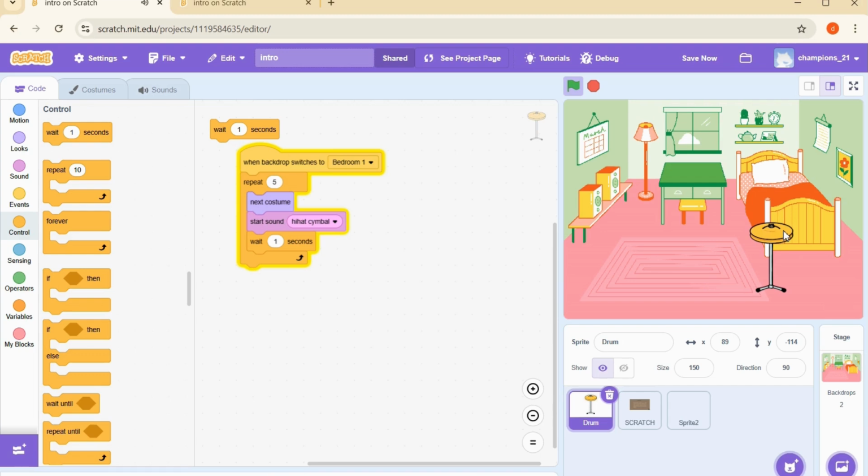1, 2, 3, 4, 5. Done. Let me count again. 1, 2, 3, 4, 5. Okay, perfect. After this,